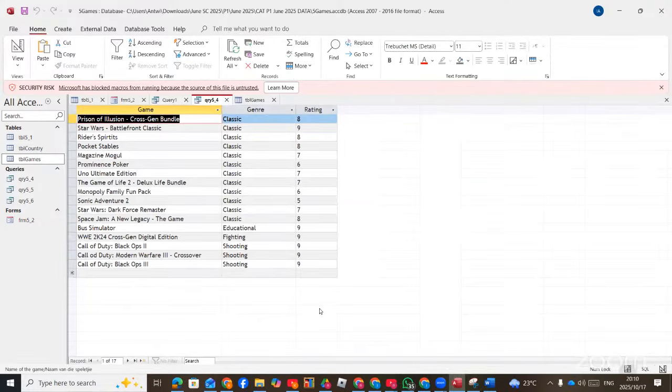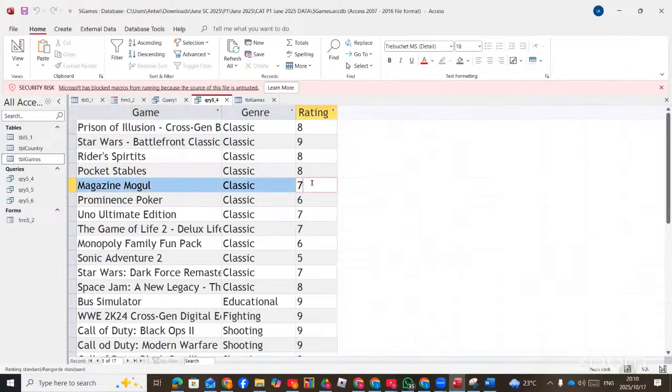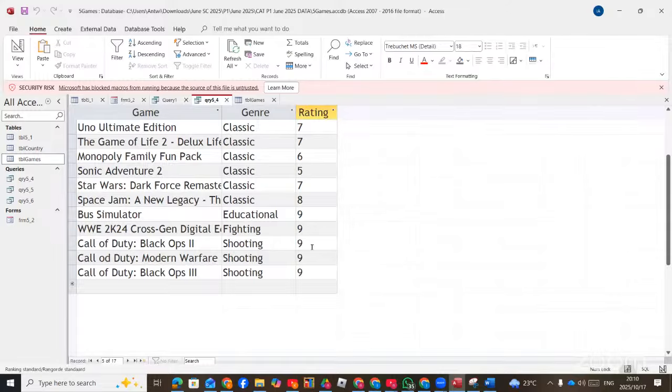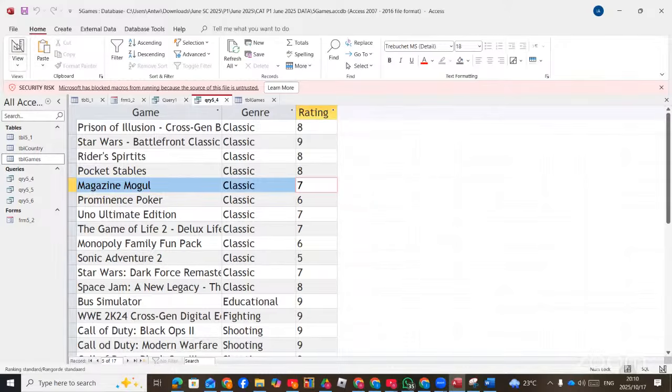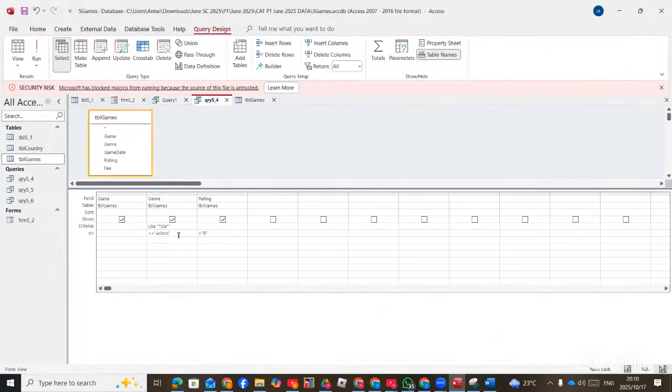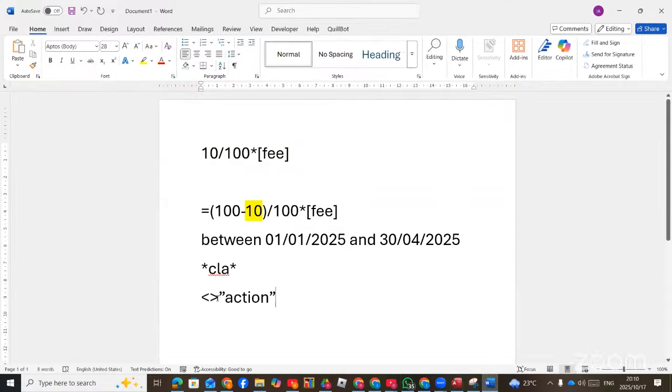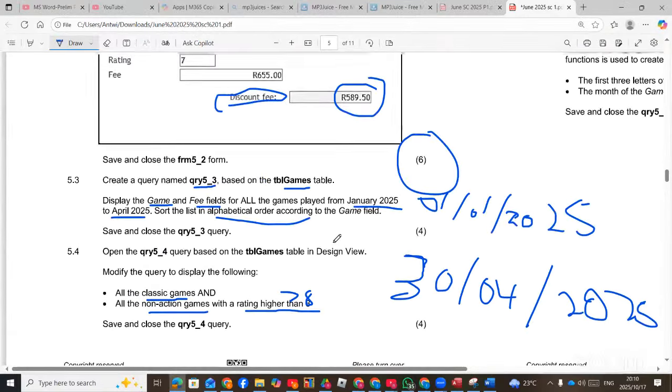Then run it. So we got it. So you will see some of them will be classic. And then it will have 7. But then all the non-action should not be 8. It should be more than 8. Right. So basically, this is what the question wanted us to do. Take note, classic, star, CLA star. And then non-action, you put a less than and greater than. That means excluding this one. It means excluding or not. Right. Then we'll move straight to the next question, which is